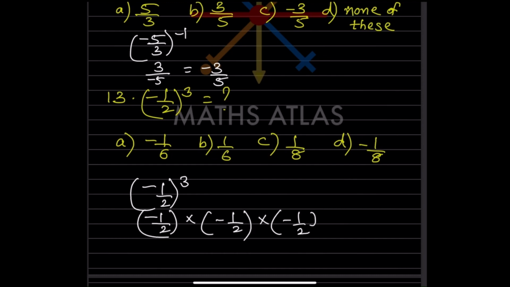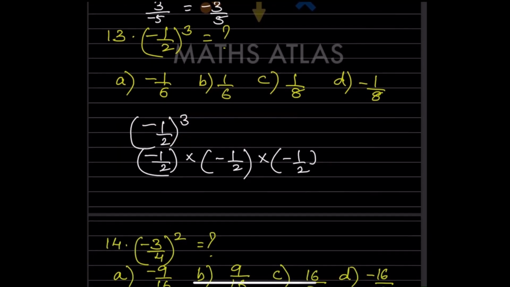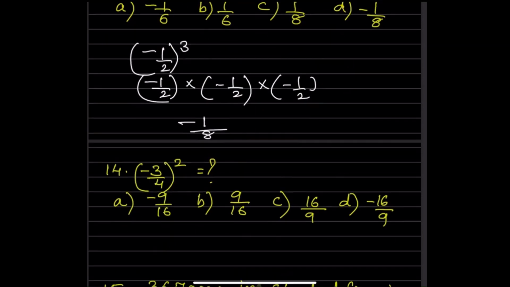Actually, it's the same. You have to multiply this into this into this. So here minus you have to write it only once. So minus 1 into minus 1 and 2 you are going to write it, or you can also write this way. So now what you can see here, negative signs are 3 times, that is an odd number. So the answer is going to be negative 1 here, and 2 twos are 4 because it is multiplication, and this 4 twos are 8. So that will be minus 1 by 8. So that is the D option over here.